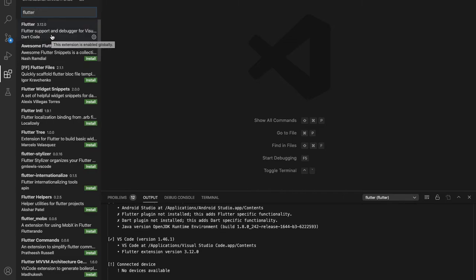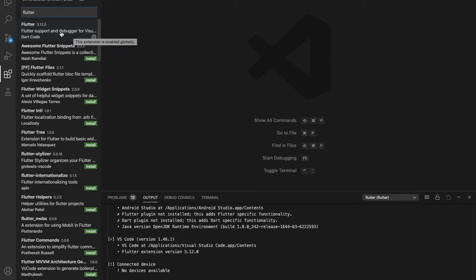This plugin has Flutter SDK and Dart, that is the language which we are going to use in the development of Flutter. This plugin has both of the features, Flutter SDK plus Dart plugin. So we have to install this one to start the development.